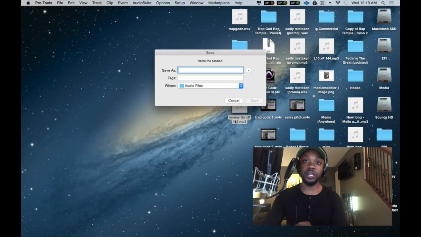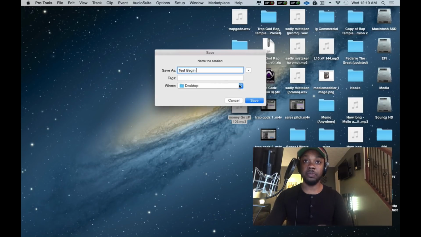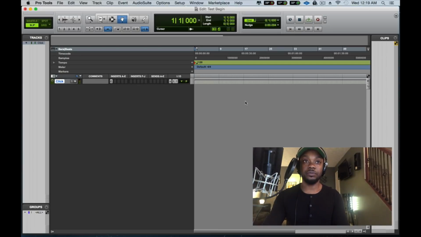And what you want to do is name your session. I'm going to say test begin. I'm going to find where I want to actually put my session, and I'm going to place it there. I'm just going to place it on the desktop just for now. Now that we have Pro Tools open as a blank session,